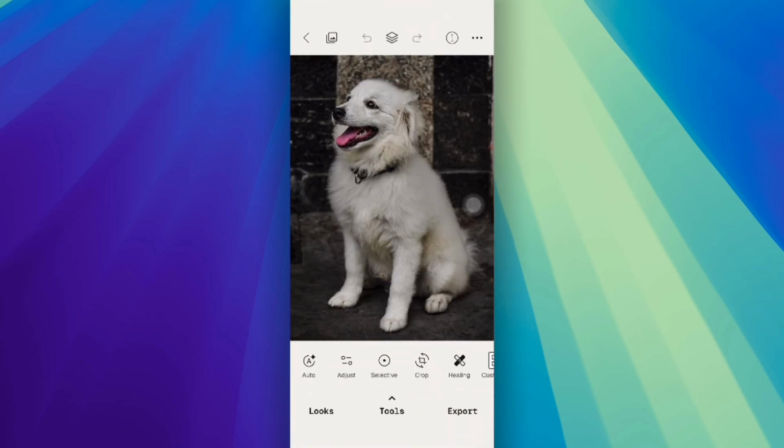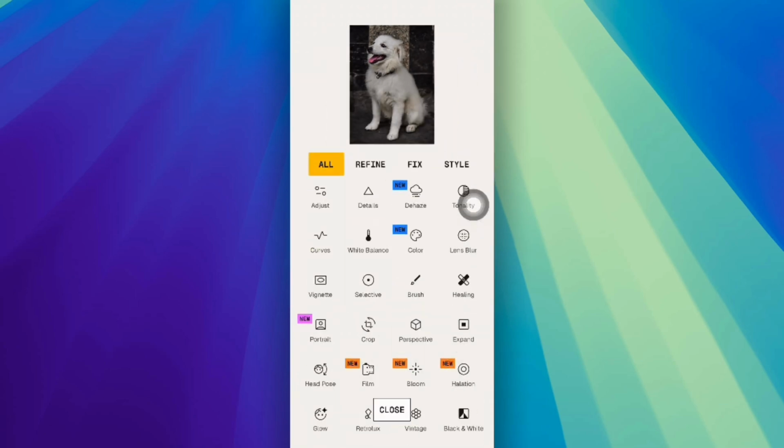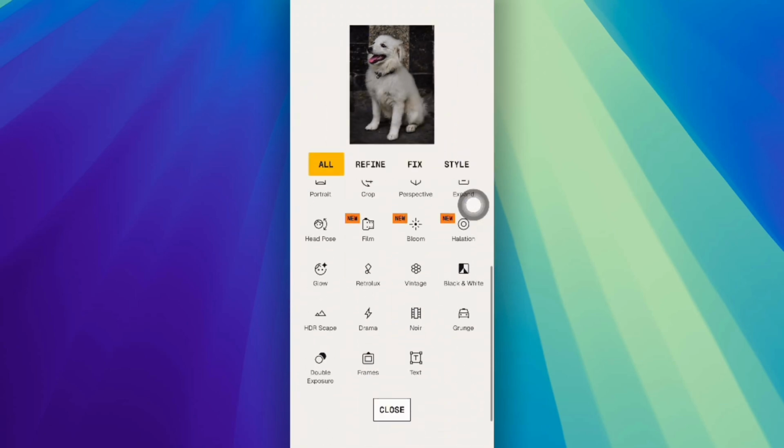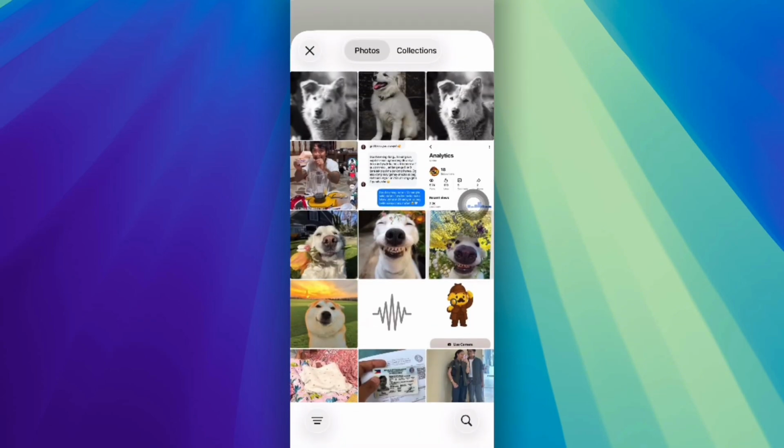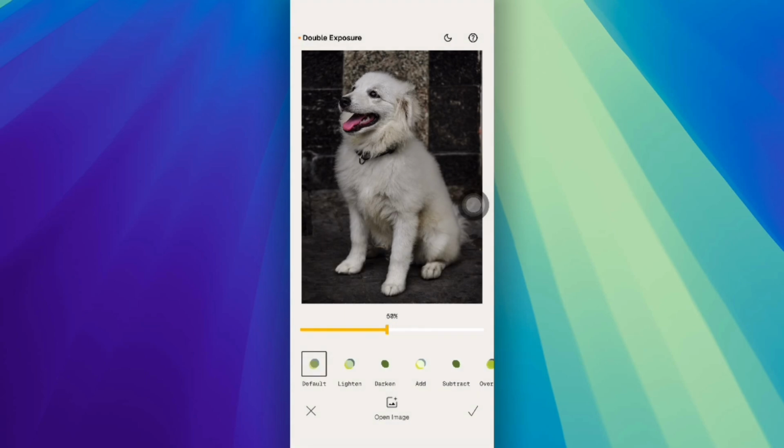After your photo opens in the editor, tap Tools at the bottom of the screen. Scroll through the available options until you find double exposure. Then select it. Next, tap the image icon and choose the second photo that you want to combine with the